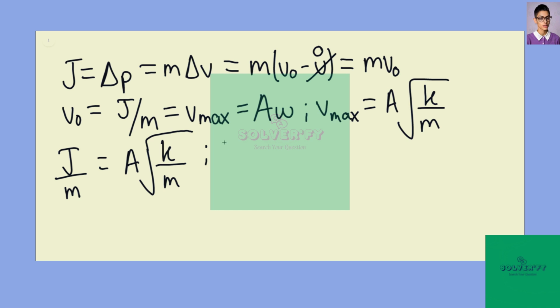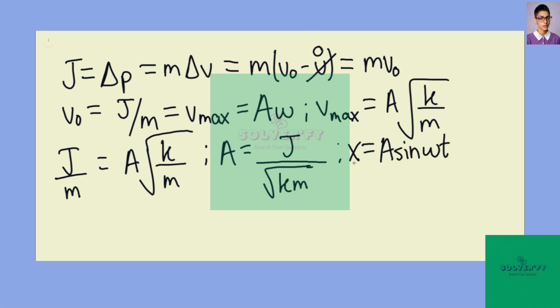We can solve for the amplitude. So the amplitude would simply be equal to the impulse divided by the square root of the spring constant multiplied by the mass. And we know that the general formula would be equal to A sine of omega t. Therefore,